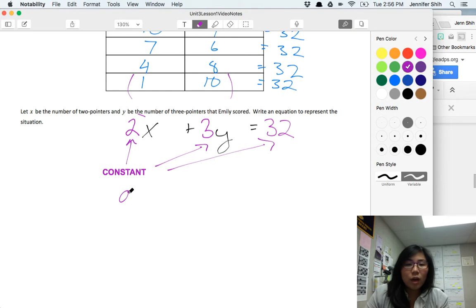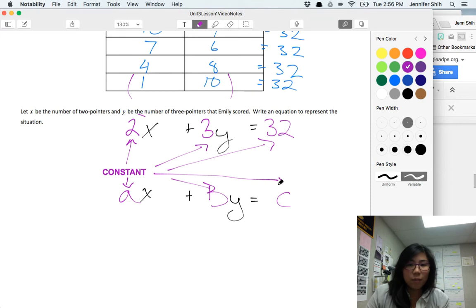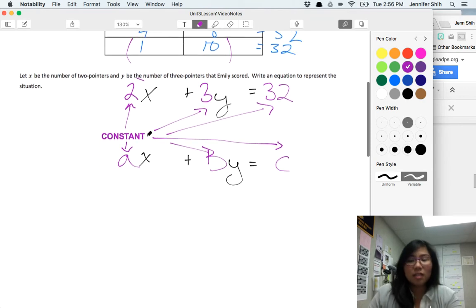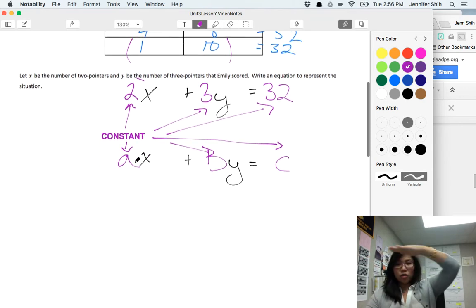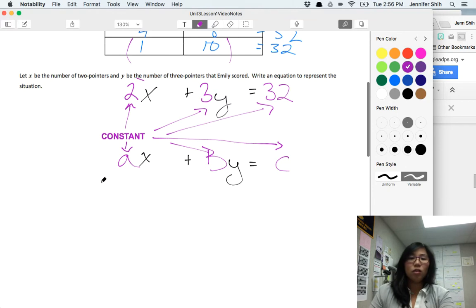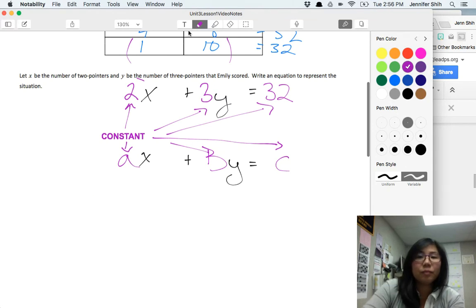It's also A, B, and C. Some of you have seen, we talked a little bit about this. Constant is like when things don't change, when it's a fixed value. So our constants